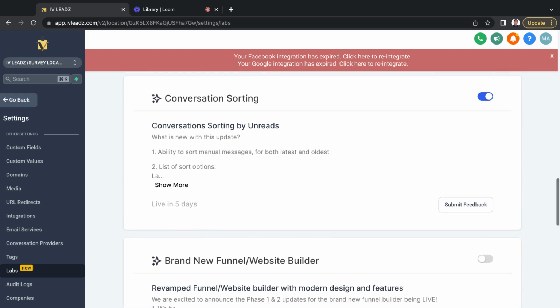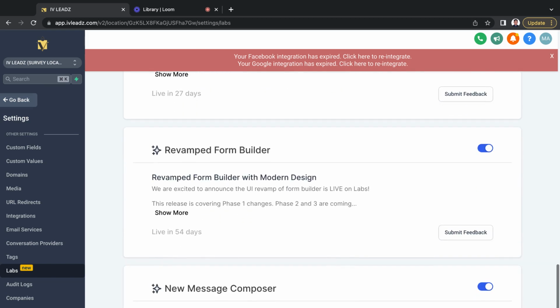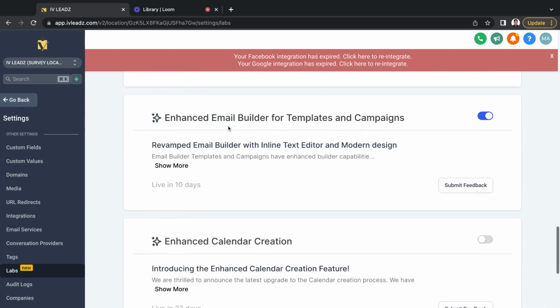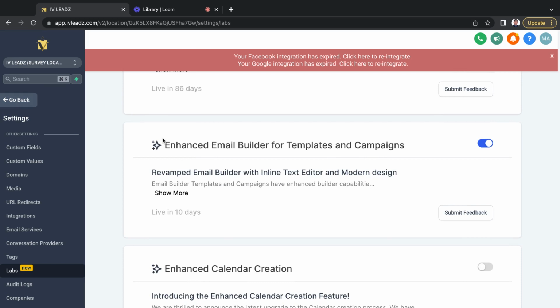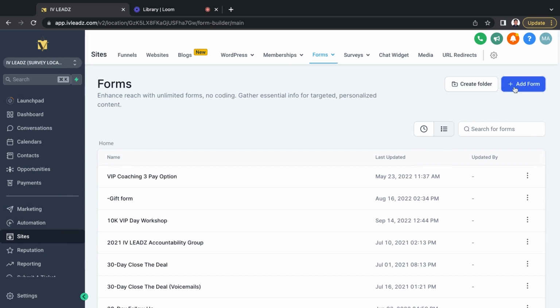But we'll focus on one thing right now, which would be the enhanced or revamped form builder. Now, once you turn this on, you can get access to that form builder. You can also see a lot of new things here, like the enhanced email builder, which will also significantly redesign the UI or the interface, so you can actually access those new features. So once you turn that on, you can go to sites, forms, and pretty much the same thing. Click on add form, and then once you click on that, it will open the new